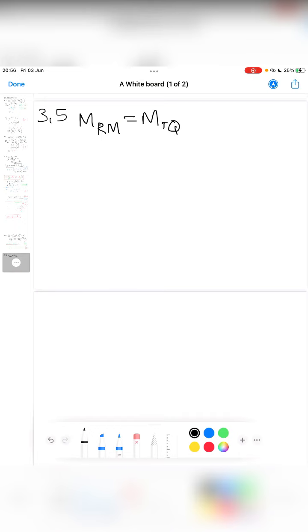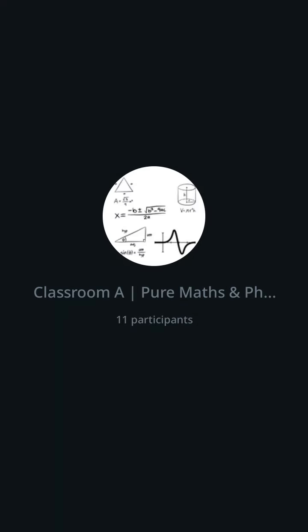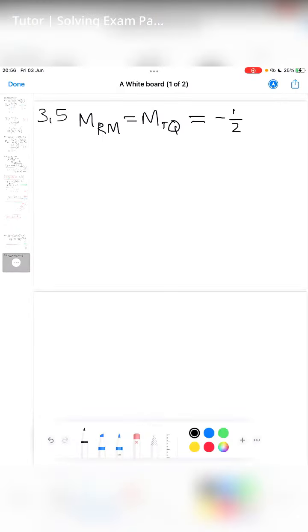So what is that gradient, ladies and gentlemen? That gradient, you said it's negative 2. So this is your starting point. And then from there, because you want to calculate the coordinates of T, what do you know about T? You know x is 0, but you don't know the y value. So you then use the straight line equation to determine it, because you know this is the gradient, and then x plus